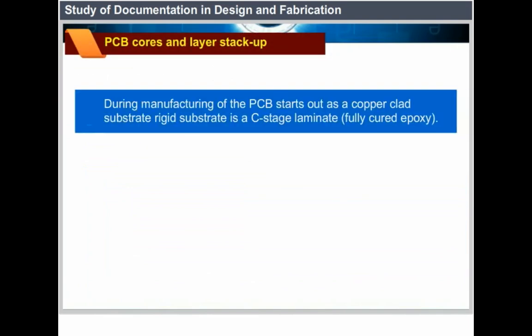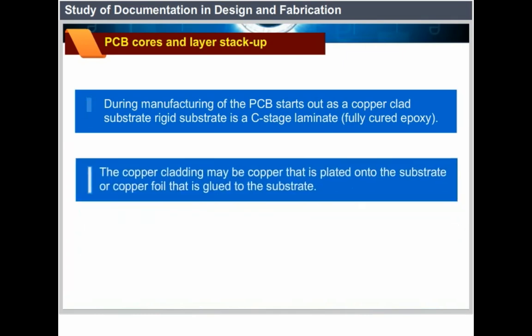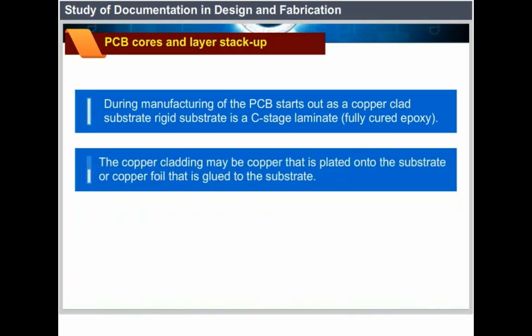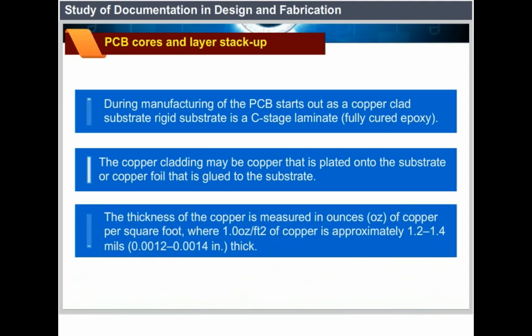PCB cores and layers stack up. During manufacturing, the PCB starts out as a copper-clad substrate. Rigid substrate is a C-stage laminate, fully cured epoxy. The copper cladding may be copper that is plated onto the substrate or copper foil that is glued to the substrate. The thickness of the copper is measured in ounces (oz) of copper per square foot, where 1 ounce per